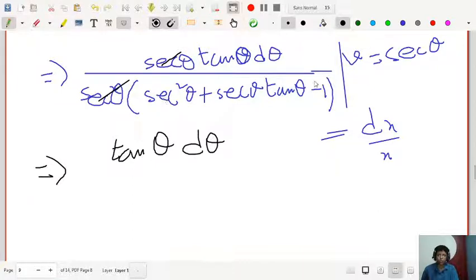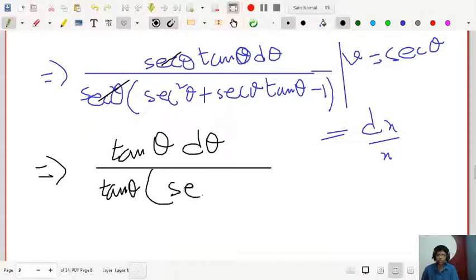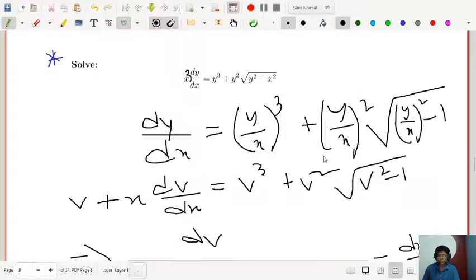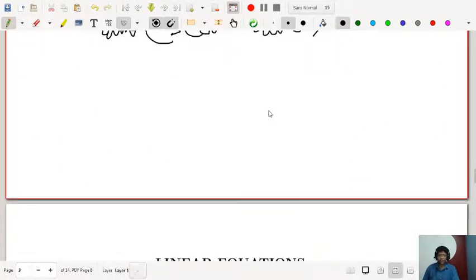Again look at that, sec square theta minus 1 is tan square theta, so again you have a tan theta common, and you have a simple expression of sec theta plus 1. Sorry, you have a tan square theta, so you have a sec theta tan theta. Yeah, this is the simple form. I think after that you can follow and solve the problem. You need two substitutions here, so this is a very important problem. That is why I talked about this problem in this video.